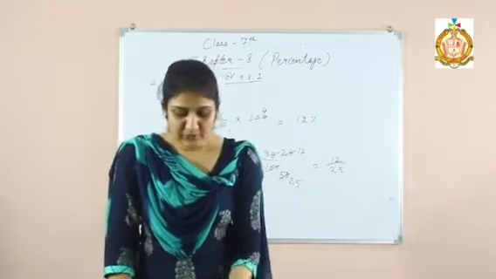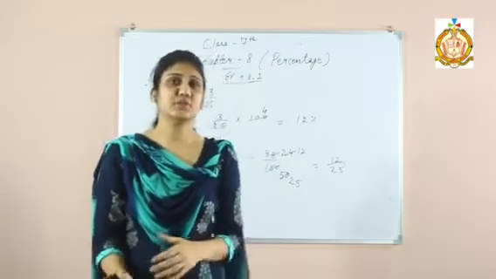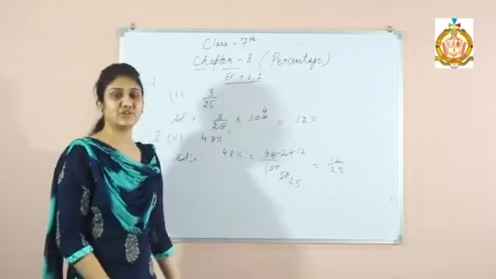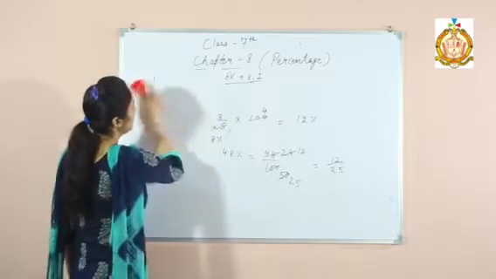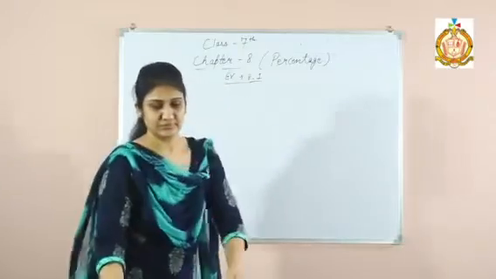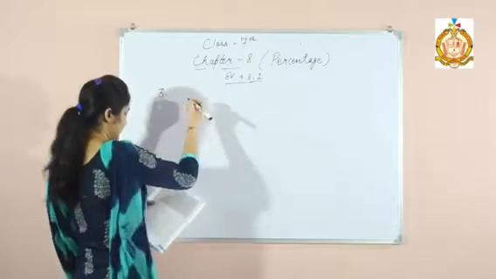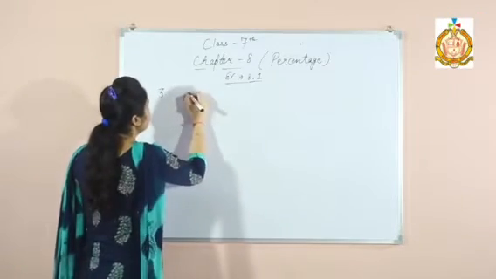In the third part, we have to convert the percentage into a ratio. This is similar to the second part. First convert it into the fraction, then write the fraction as the ratio. Now we will do the third part. We have to convert the percentage into ratio. Third sum is